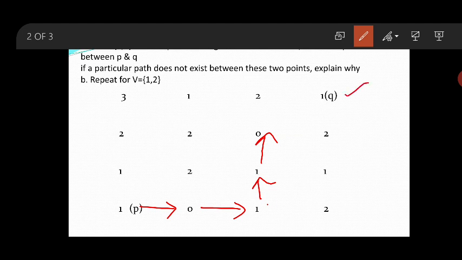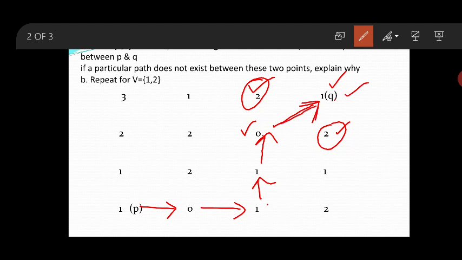Now which are the neighboring pixels for the 0 and 1? 2 is a neighboring pixel. Now I'm on the topic of m-path, because I'm solving a problem related to m-path. Now let us make a connection with the m-path diagonally. Check diagonally. When you're checking diagonally, which are the intersecting pixels for 0 and 1 now? This 2 is an intersecting pixel, this 2 is an intersecting pixel. Are they from V? In this condition, no. It means you can make a diagonal connection.